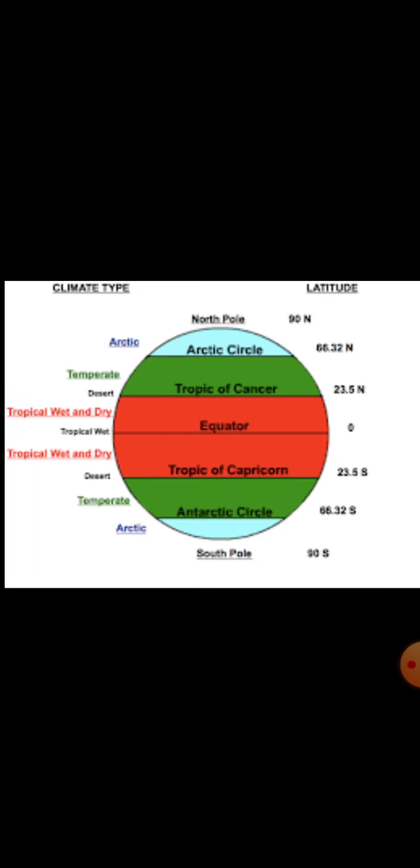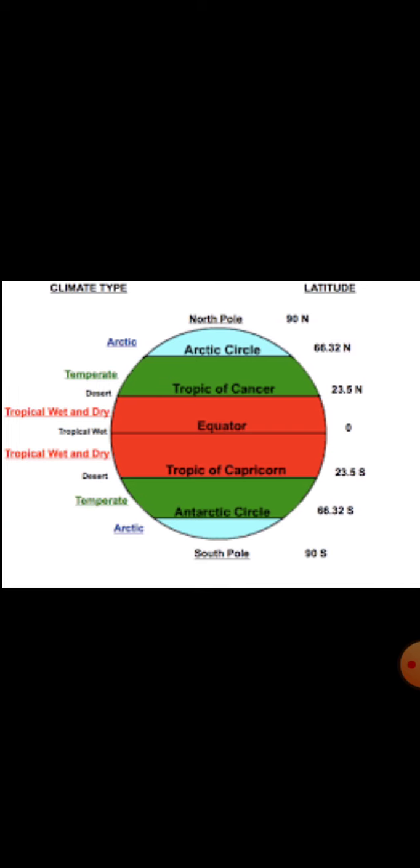Here the sun rays will fall directly on this region, and this region always remains very hot, that is known as heat zones. Understood what is tropical region and what is subtropical region? So the red part, filled with red color, tropic of Cancer to tropic of Capricorn, this area is known as tropic region. And tropic of Cancer to 35 degree, that is known as subtropic region. And tropic of Capricorn to 35 degree to 38 degree, that is also known as subtropic region.